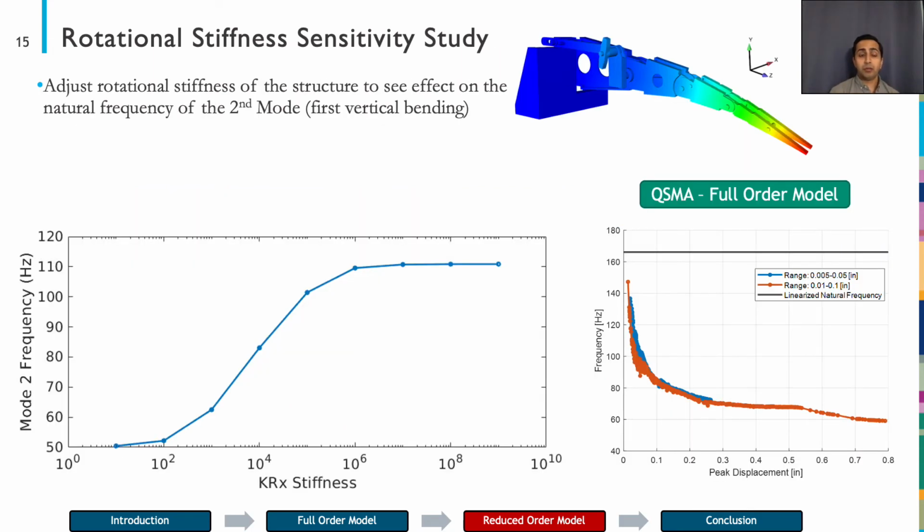For the reduced order model, we join these components together using linear springs. However, in this case, we allow the linear spring in the rotation about the x direction, as in the bending of the structure, to vary, and then calculate the modes about those states. This is done to see the behavior of the structure in macroslip as the stiffness of that joint goes to 0. And we can see the results of that in our figure on our left, where when the stiffness approaches 0,